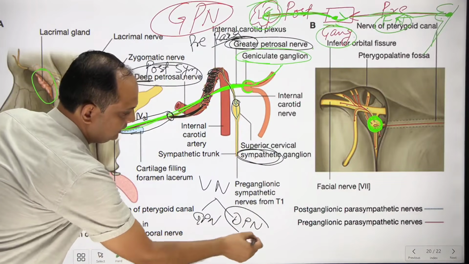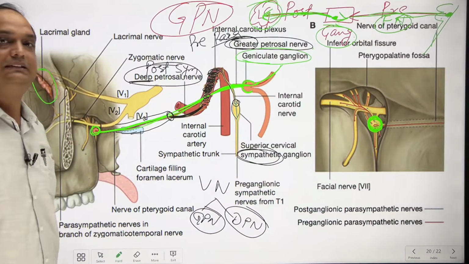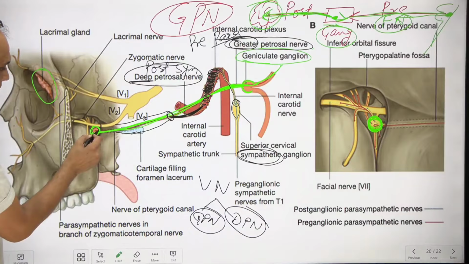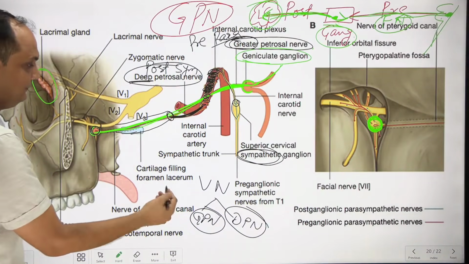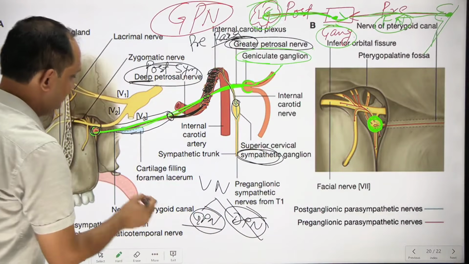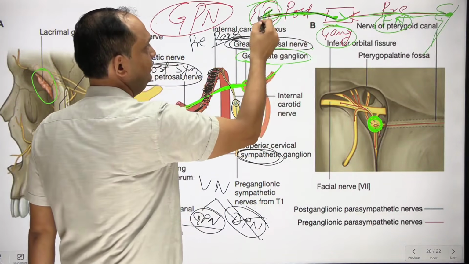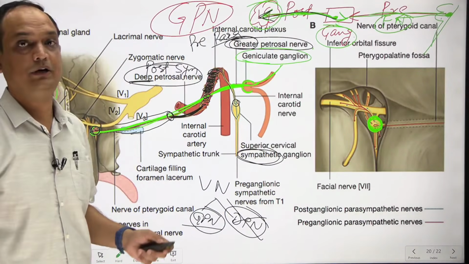And what is deep petrosal nerve? These are the sympathetic fiber. What is greater petrosal nerve? These are parasympathetic fiber. And ये fibers ultimately पहुंचे कहां? हमारे इस गैंग्लिया में। इस गैंग्लिया में sympathetic fibers को भूल जाइए, parasympathetic fibers रिले हो जाते हैं, और रिले होने के बाद पोस्ट गैंग्लियोनिक अराइज होते हैं। ठीक है, सो दिस इज द इंपॉर्टेंट थिंग विच यू हैव टू